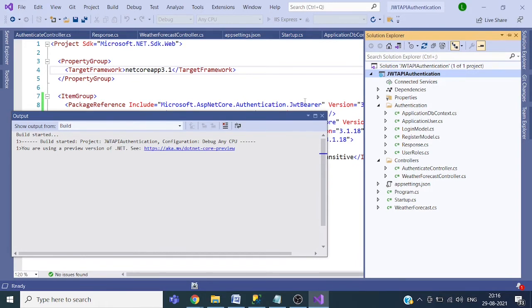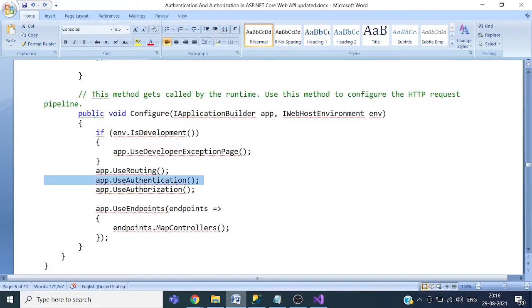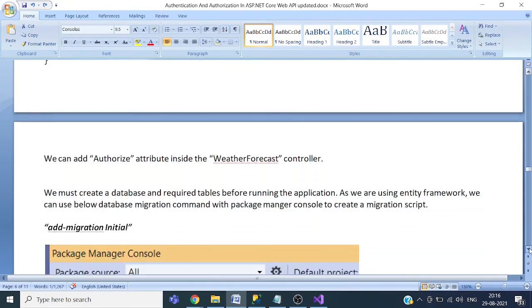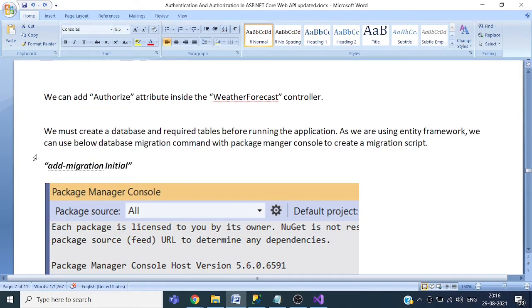Now we will add a migration, and after that we will update the database. So this is the command for adding migration. Add migration.